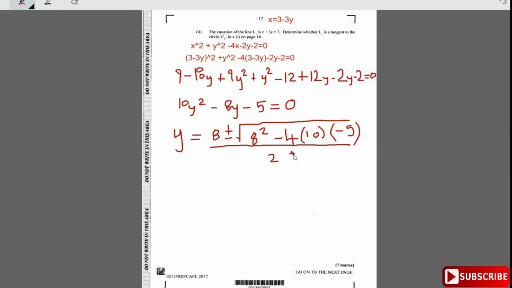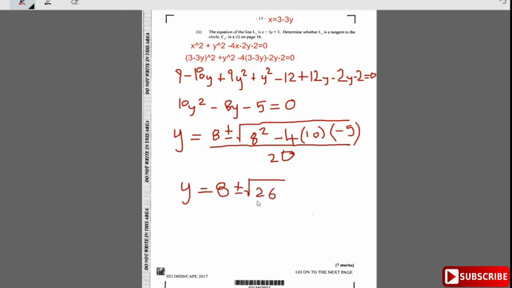So I'm getting that y is equal to, when I work out that square root, 8 squared minus 4 times 10 times minus 5, that's 264, and the square root of 264, I don't even need to work it out, I can stop. So I'm getting 8 plus or minus the square root of 264